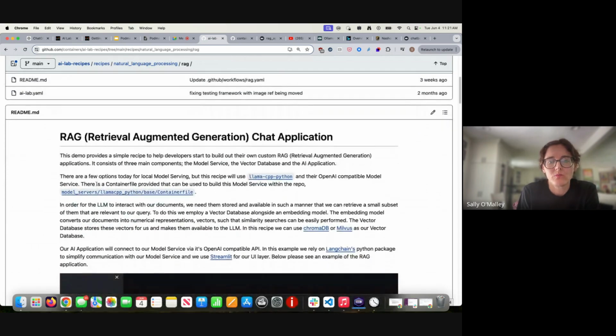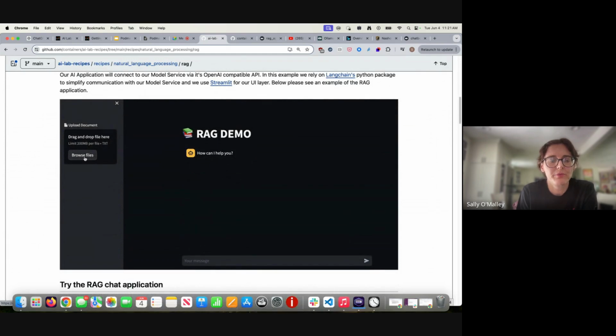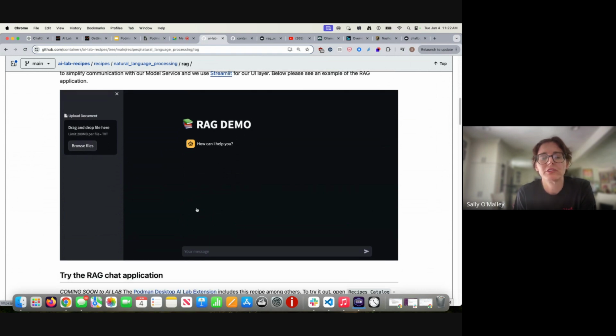It gives you the option to drop in a file that has specific information that it will use on top of the model to answer your questions. So you can see that this is where companies are going to be using RAG to inject their domain-specific information and create these chatbots. They're going to help their customers, whatever.